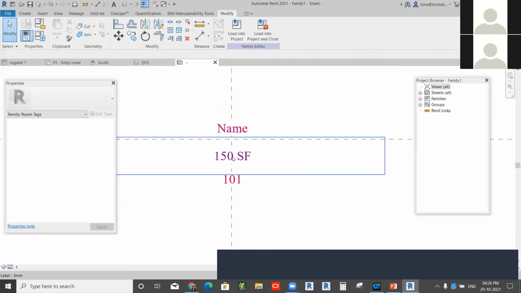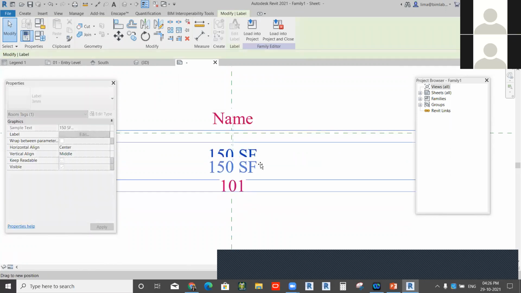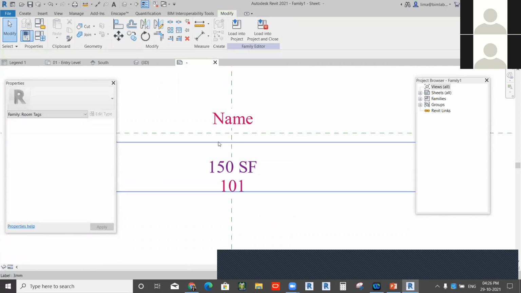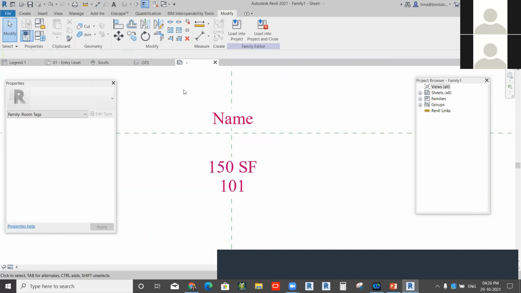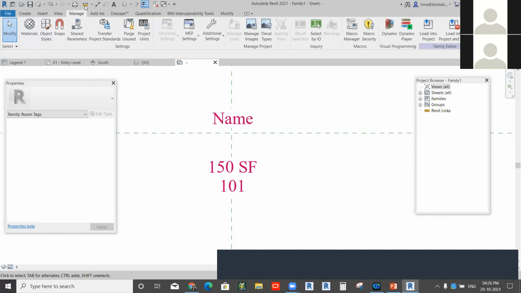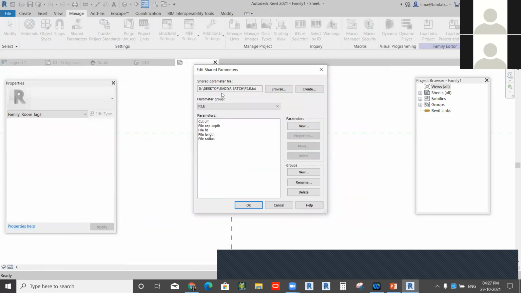If I want my own parameter, the parameter means a user defined field. For that, go to the Manage tab. There is Shared Parameter. So you can add your own parameter. First of all, you need to create a text file for the parameter.